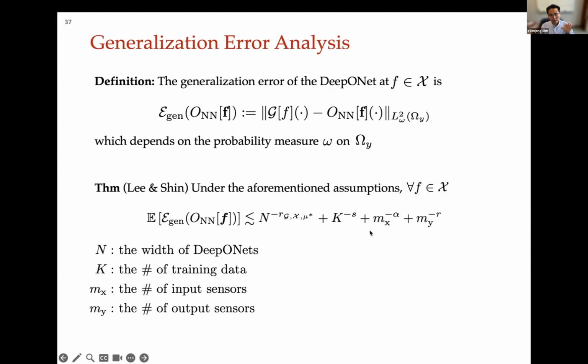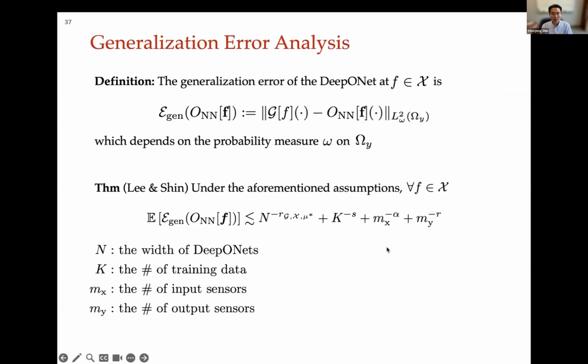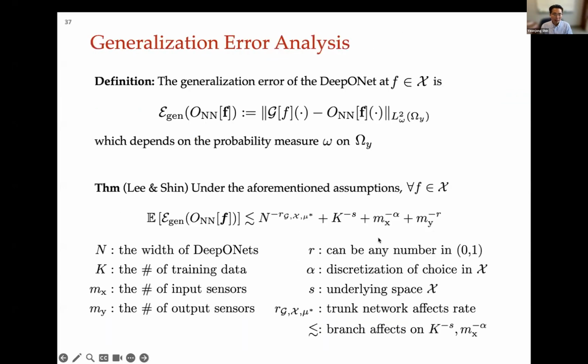And the branch network actually plays a key role in determining the constant in front of these two terms. And the last one is the output sensor term. You may see that this my minus r is similar to Cohen's one here. So that is where it comes from. And in terms of the rate, R is any number between 0 and 1. It also affects how my is determined, but as long as R is fixed, it is an okay number. And alpha and S are crucial in the sense that